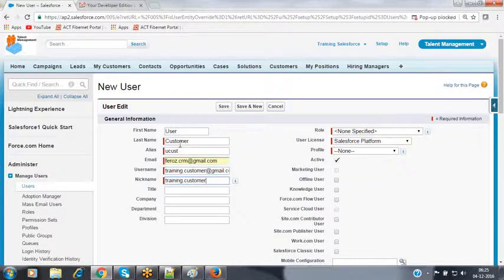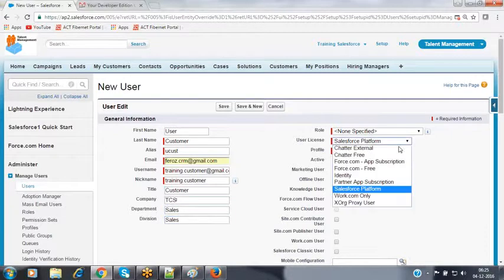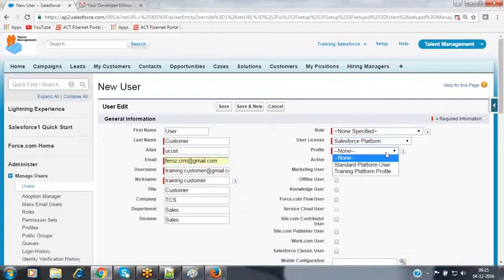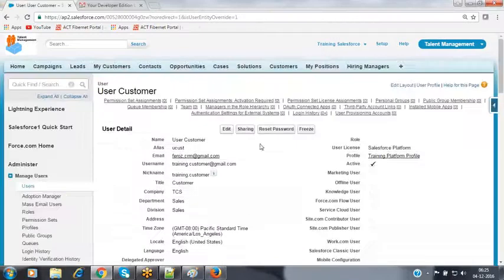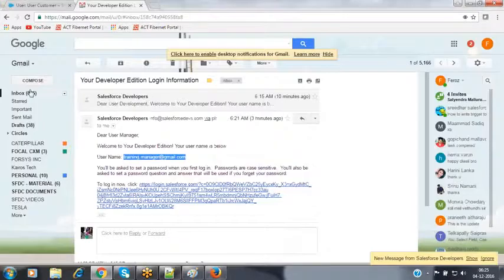I'm giving the same unique name also here. The title is customer, company is TCS, department is sales, division is sales division. I'm selecting the license as Salesforce platform license, and I'm selecting the same profile over here. Click on save. Your user record will be created.